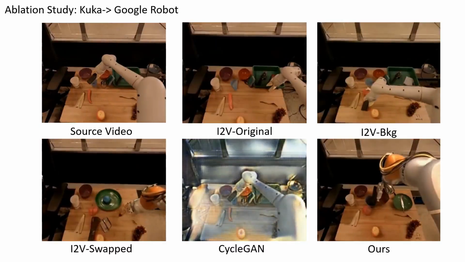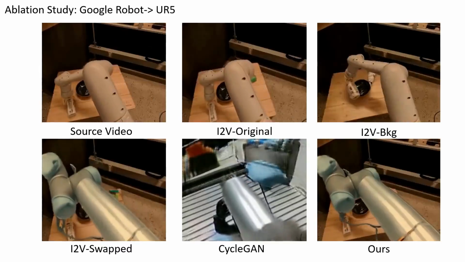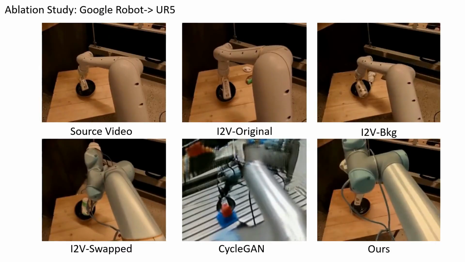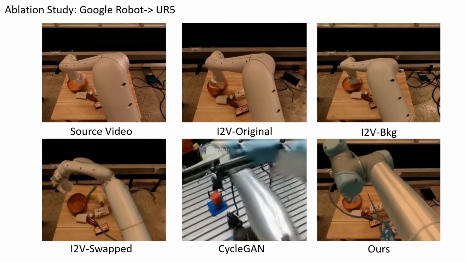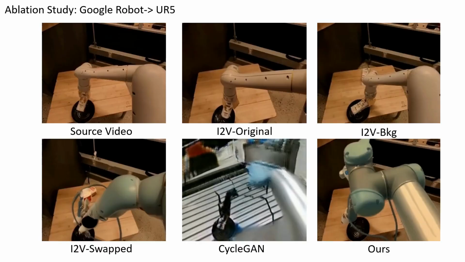During the ablation study, we compare with CycleGAN, I2V background, and I2V swapped. We find that these variants fail to successfully and stably replace the robotic arm. After merely modifying the text prompt, the output video still retains the original robotic arm structure. Even when both the swapped first frame and changed prompt are given, the I2V swap becomes highly unstable. The result videos gradually exhibit the characteristics of the original robotic arm. In contrast, our method consistently maintains the structural integrity of the robotic arm while successfully accomplishing the original task.